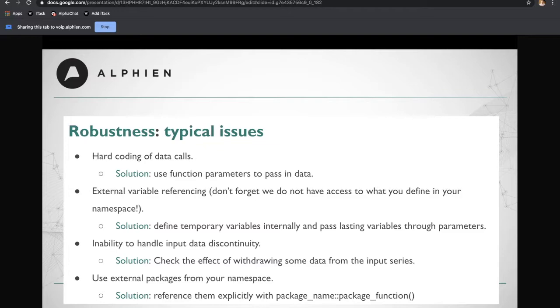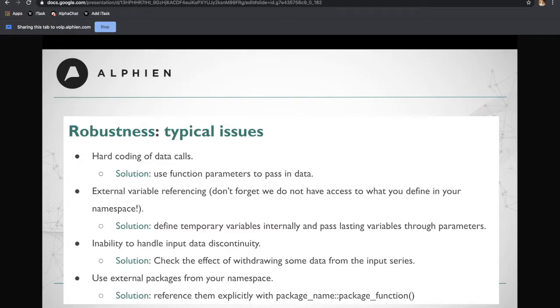We have also some problems if your payout is not able to handle data discontinuity. If you are using, for example, economic data or economic series to time your signals and allocate to one asset versus another, and you think that this indicator is a good proxy for a regime switch, then you want to make sure that if there is a problem with this economic indicator and it's not being computed for some reason, your payout is not going to break down.